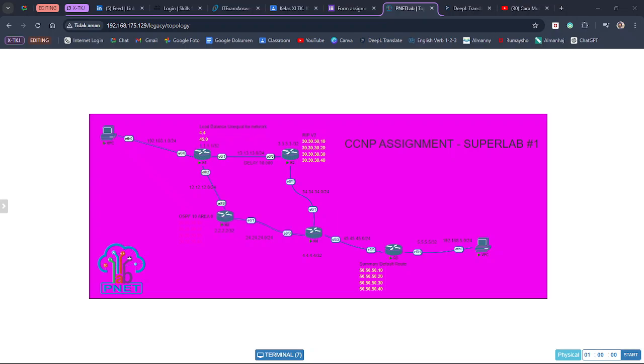On this router, I configured EIGRP with unequal load balancing. This configuration allows the router to distribute traffic unevenly among multiple paths to the destination, namely network 4.4.4.0/24 and